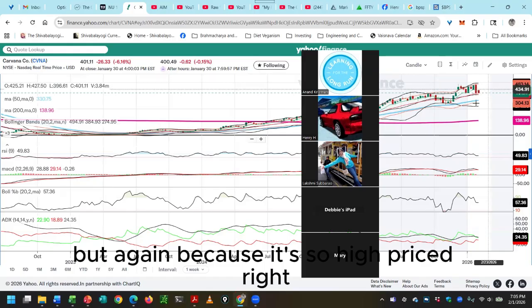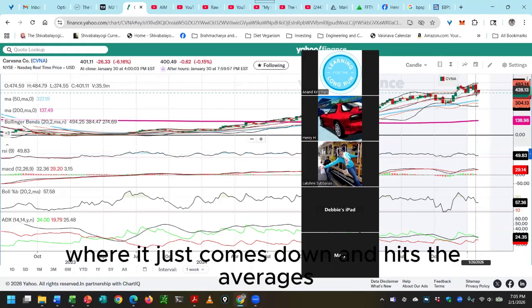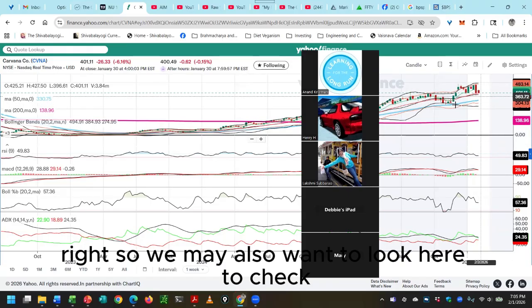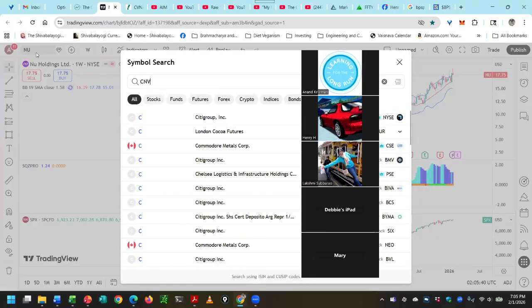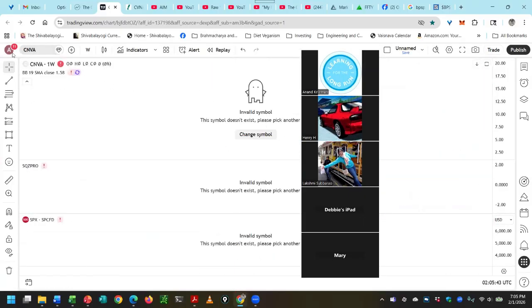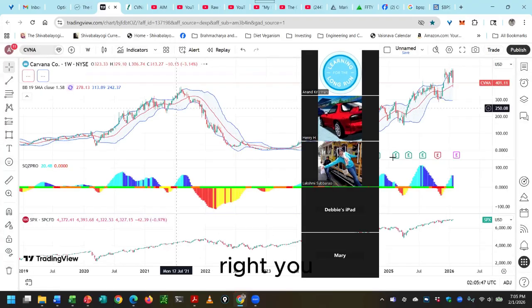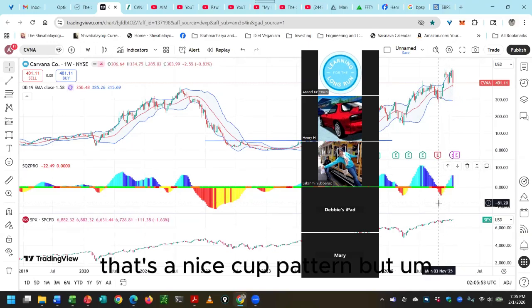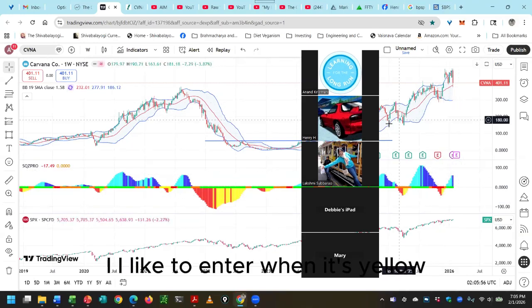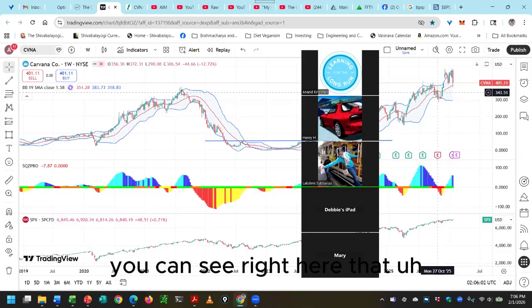But again, because it's so high priced, it could just be that little blip where it comes down and hits the averages. So we may also want to check here on the squeezes. Again, that's a nice cup pattern, and I like to enter when it's yellow. Like this one, I like that too. Enter when it's yellow, right? You can see right here that